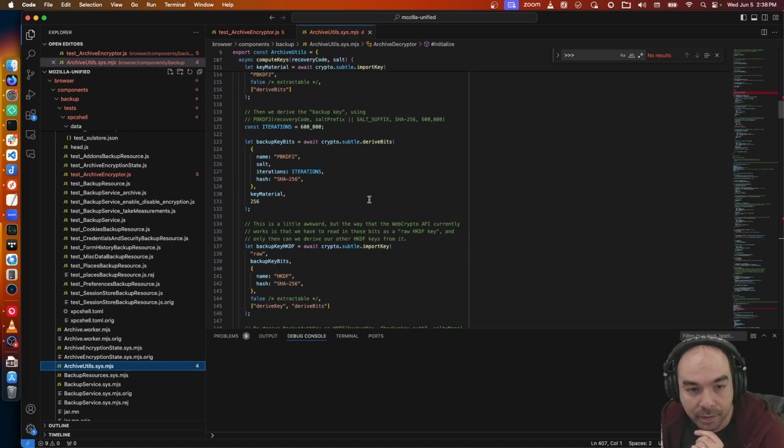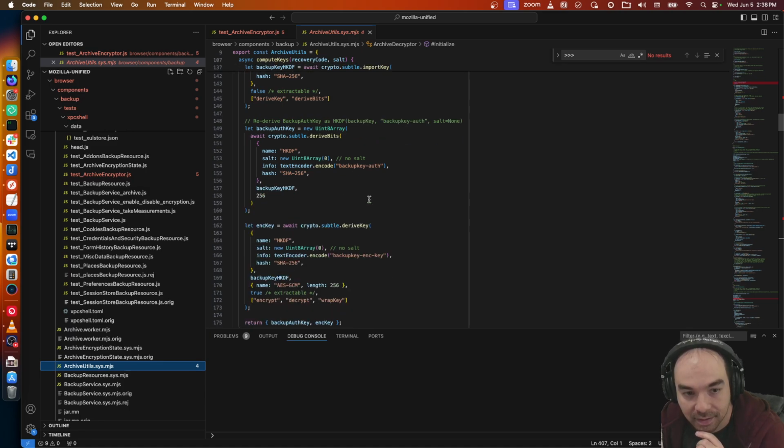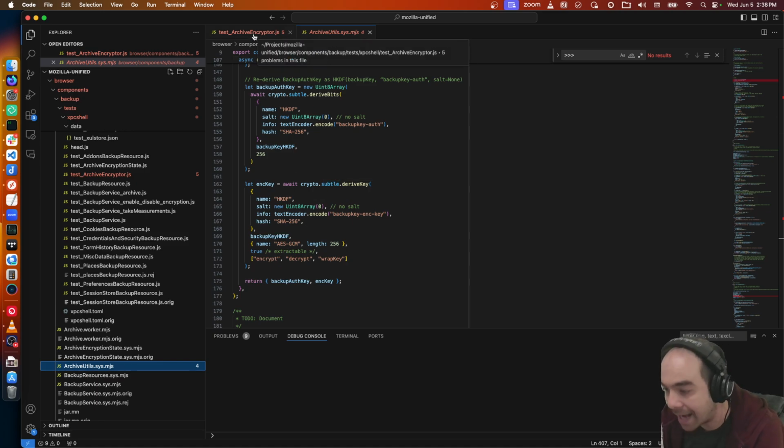From the key material, we derive keys that allow you to authenticate the backup and authenticate the metadata. But the actual encryption key for the backup is generated at backup creation time. So every backup will have a unique encryption key. And then the encryption key is stored with the backup, and that key is encrypted with...